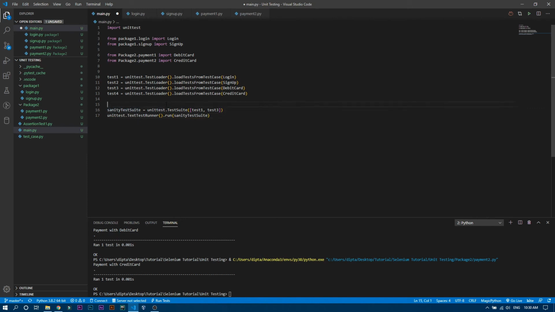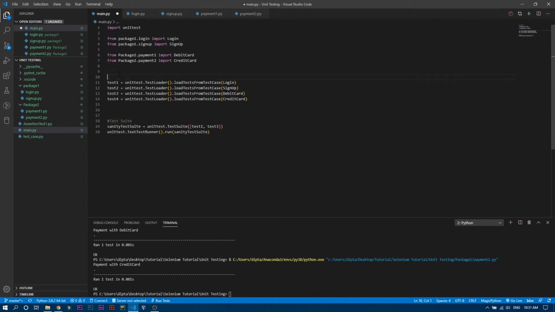So this is actually test suite. Okay, and this is actually to get all the test cases on a web page. Okay, so the first one, that means this thing will actually take all the test cases which can be performed on a particular web page. Okay, and now we are going to perform certain tasks. Okay, so that's why we are creating this test suite, and inside the parenthesis we are passing whatever test cases we are going to perform at a time.